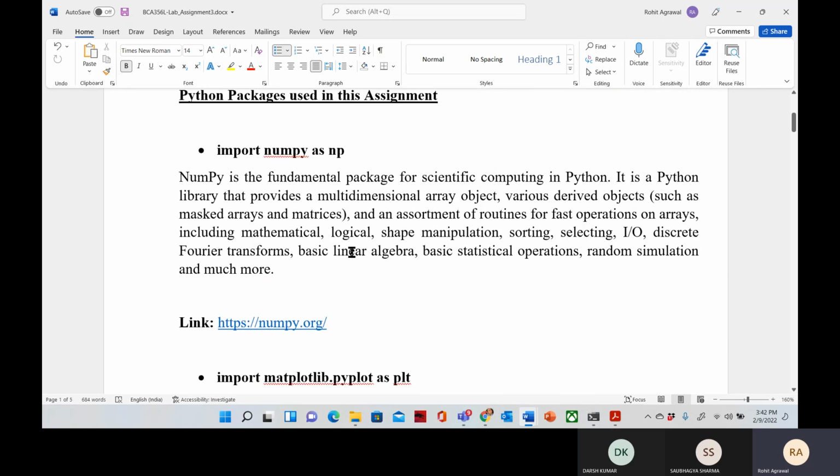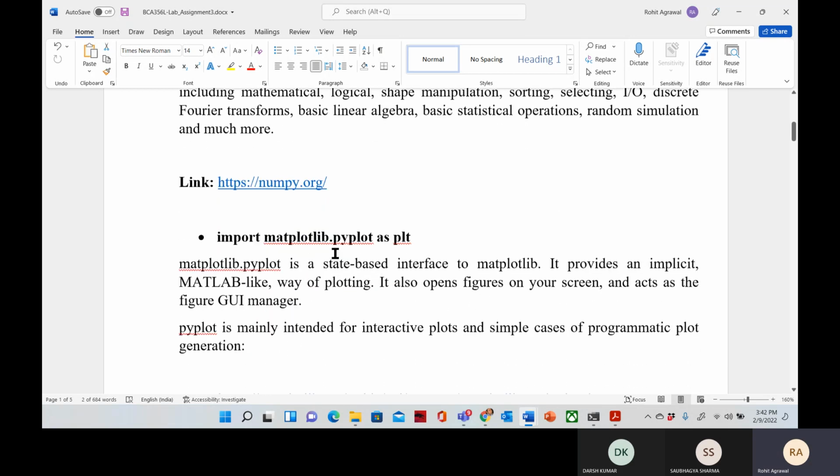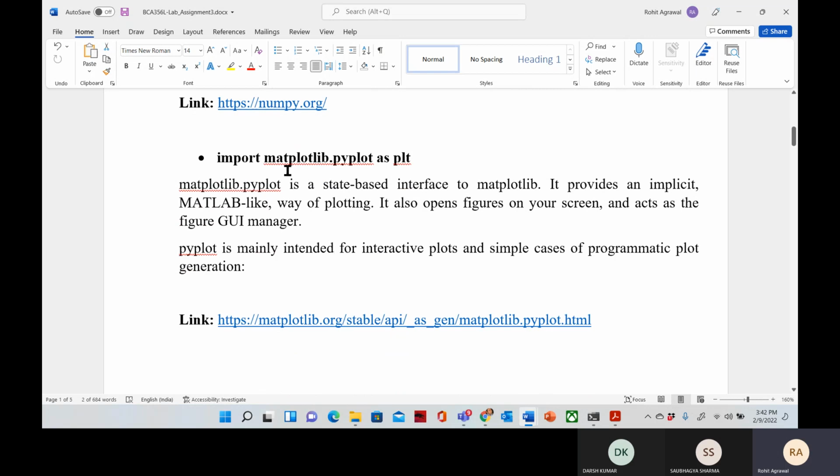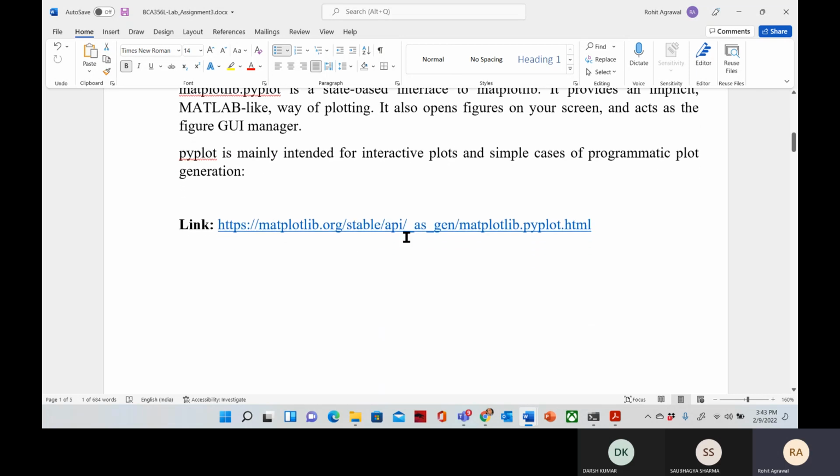The basic advantage of the NumPy package, as we discussed, is the multi-dimensional array. Second, we discussed the cumulative sum. We can have sorting. We can have mathematical calculations like Fourier transformation. Some linear algebra operations we can do. We will see how this will help us. Second, we need matplotlib pyplot, which we already know we use for plotting. For more detail, you can follow this link.